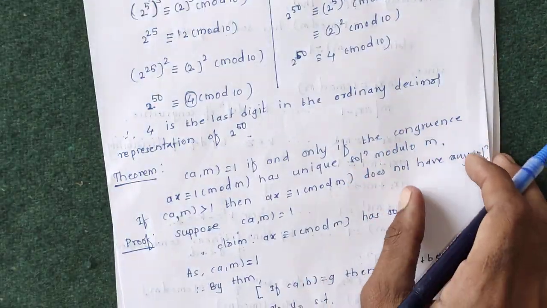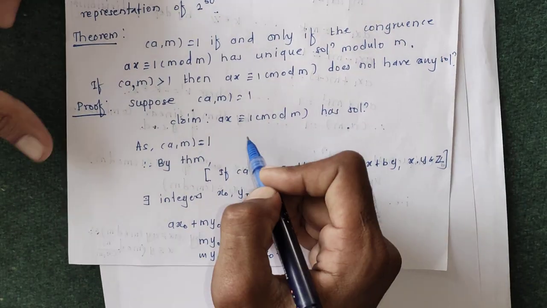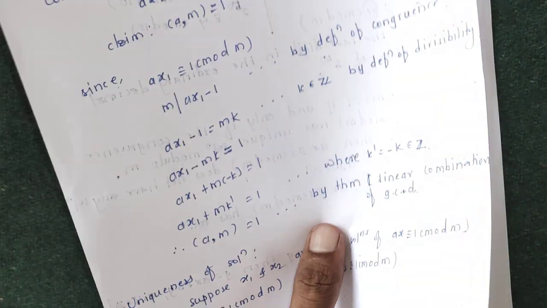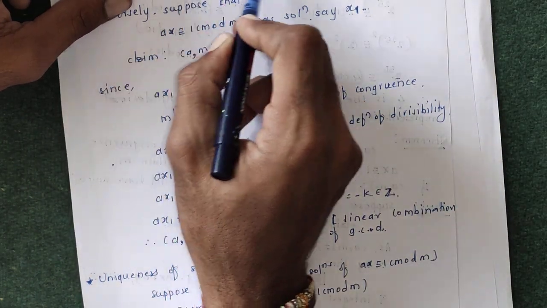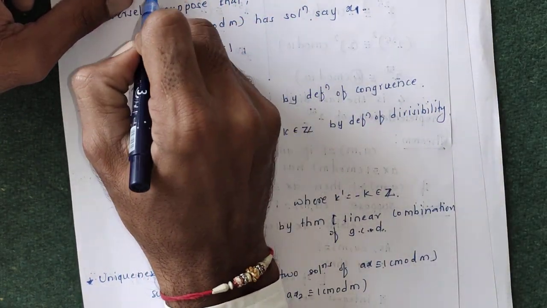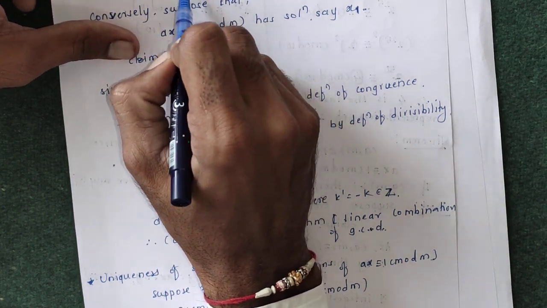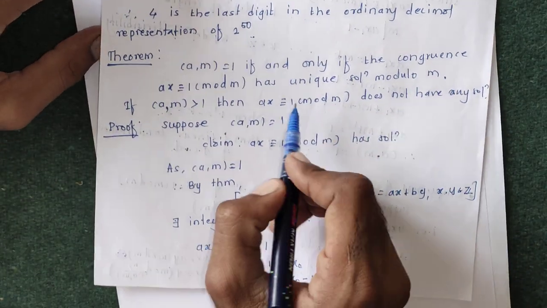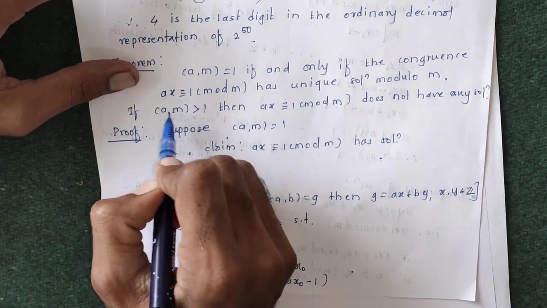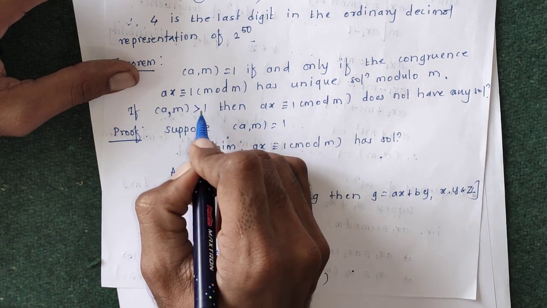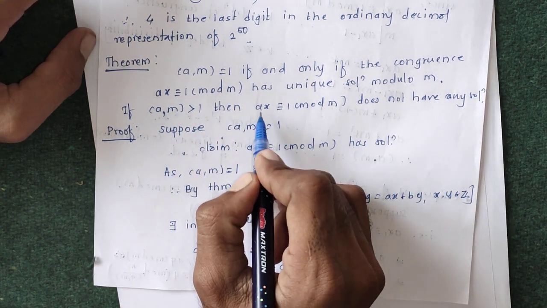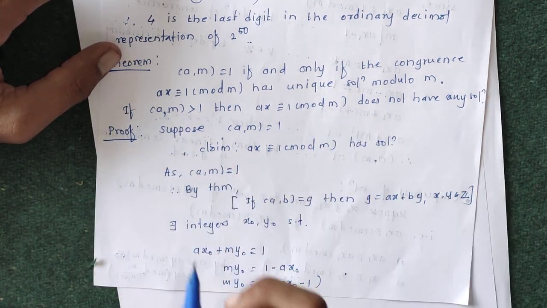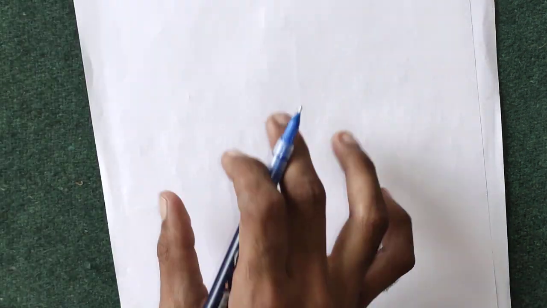Clearly, if we take another GCD, suppose d, and we solve this first part, then simplifying this, we get the congruence ax is congruent to d mod m as the solution. But we have to find the solution of the congruence ax is congruent to 1 mod m, and this has no solution. If GCD of a and m is greater than 1, suppose d, which is greater than 1, then we get the solution of the congruence ax is congruent to d modulo m, not necessarily 1. Hence, there is no need to prove this statement. Hence, that's it for our theorem.